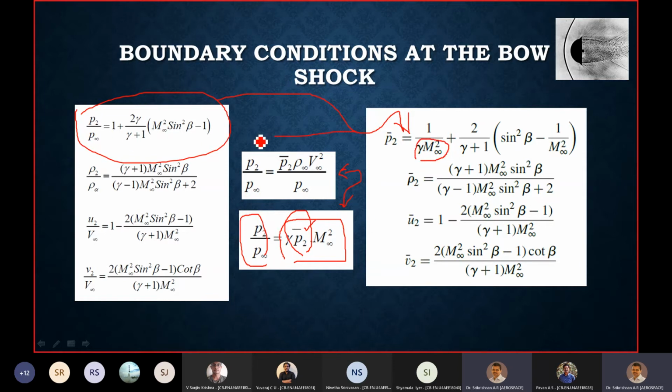P2 by P1 I have already there on the left hand side. So if I combine the two, I can write P2 bar is equal to 1 by gamma M infinity squared plus 2 by gamma plus 1, etc., etc. So nothing new here. I have just used the normal shock relations. I have just used the non-dimensionalization that we discussed and combined the two in such a way that again I have the shock conditions in terms of non-dimensionalized parameters,